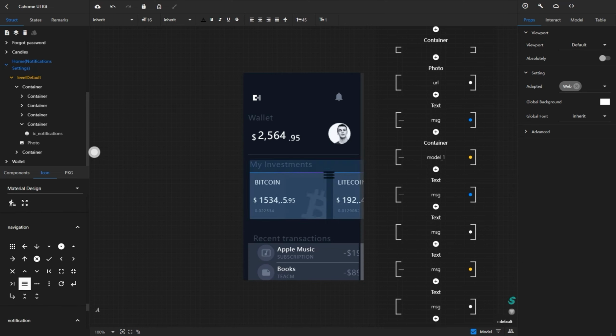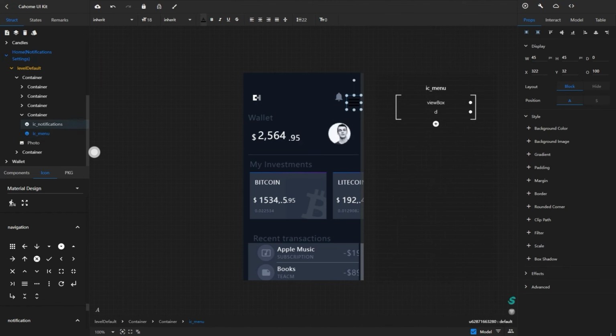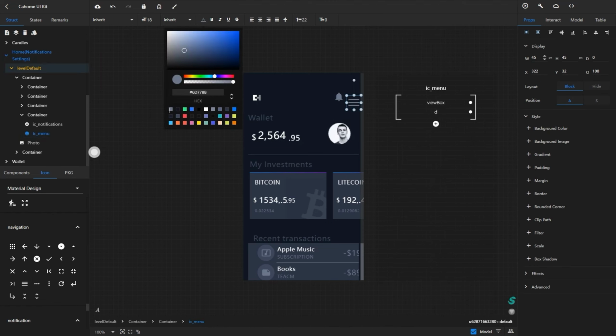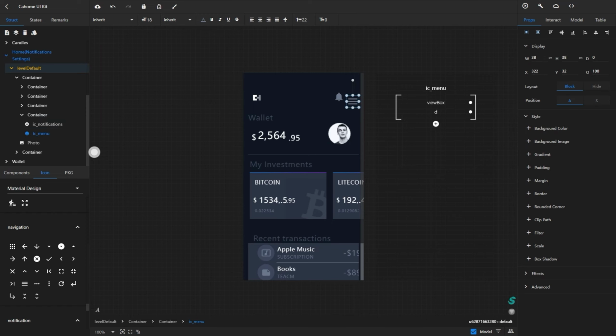Press the icon to drag out. Modify the color of the icon. Modify the icon size. Center it vertically.